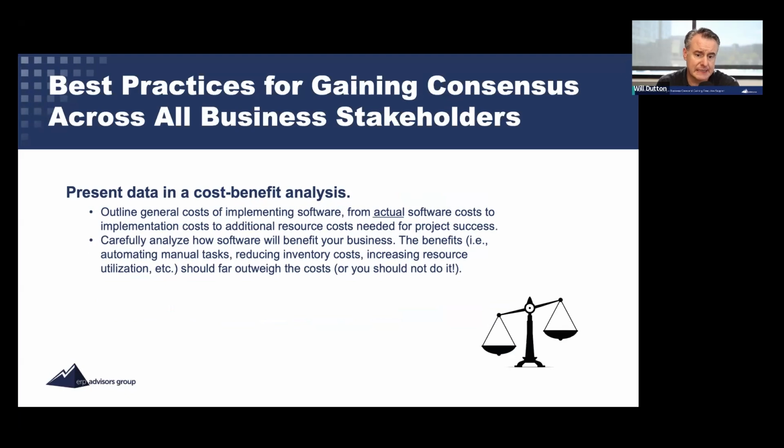So when we go on to our next slide here, the other thing too, as part of these best practices, is you do want to put together a cost benefit analysis. And this is pretty important, because you want to talk about costs, right? And I think across the board with every organization I have ever worked with, and this is hundreds and hundreds now,